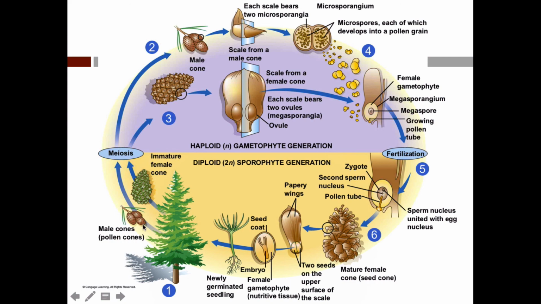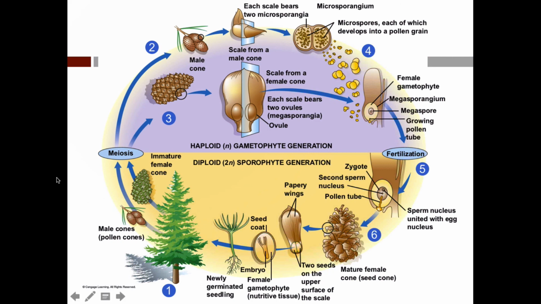Those male cones produce pollen. That's not a male cone. The male cones do produce pollen. But what you're seeing here is a female cone, this immature cone. And the immature cone, of course, takes time. You won't get a mature cone in just one season or one year.